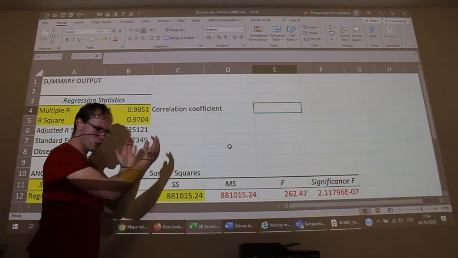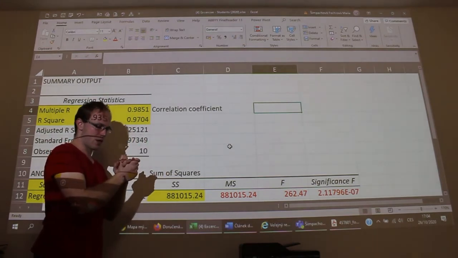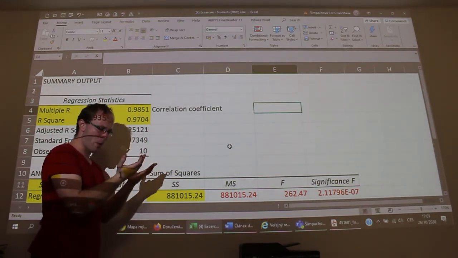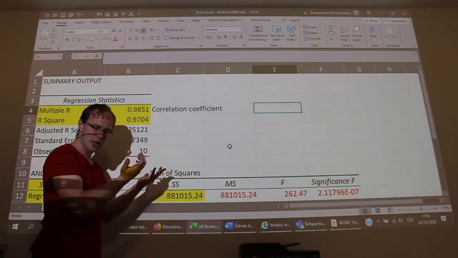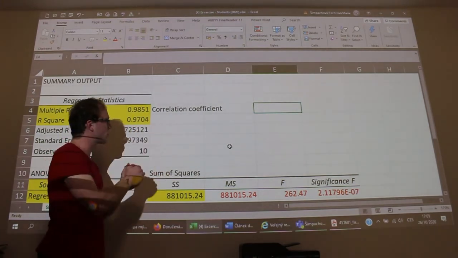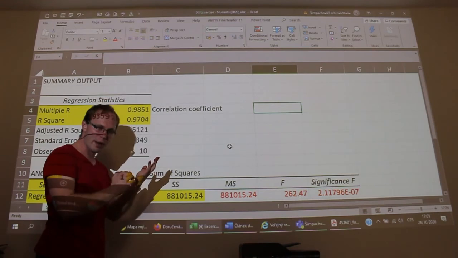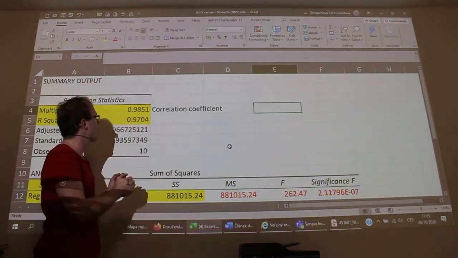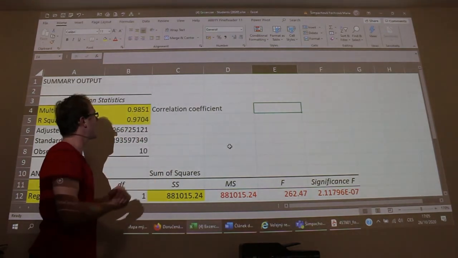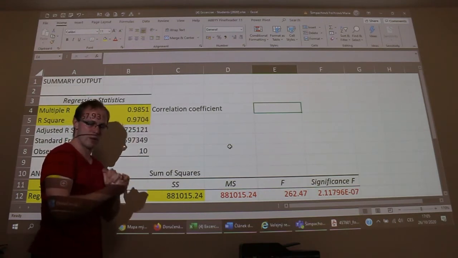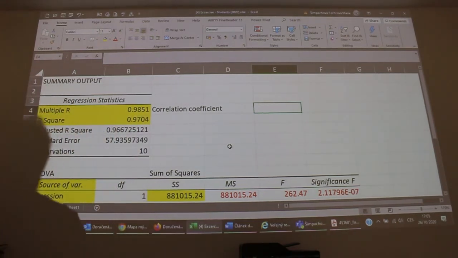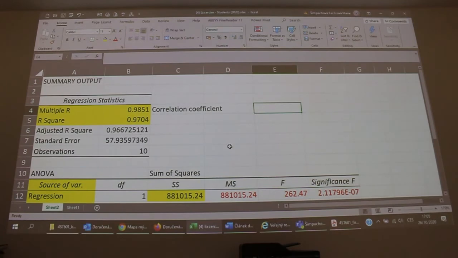Yes, so you can use the data variable y and variable x, and you can calculate correlation coefficient manually. Yes, you can try if you are able to find this value. Yes, so that's all. This is correlation coefficient and R square, index of